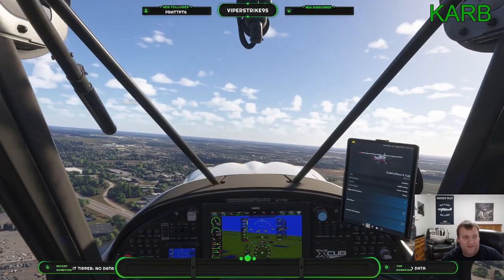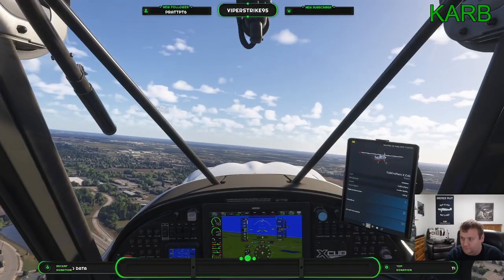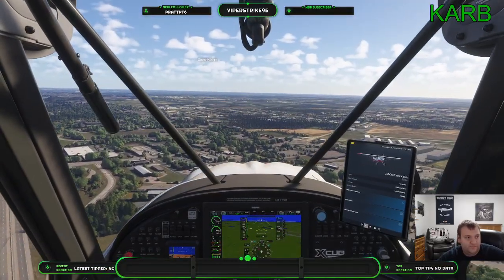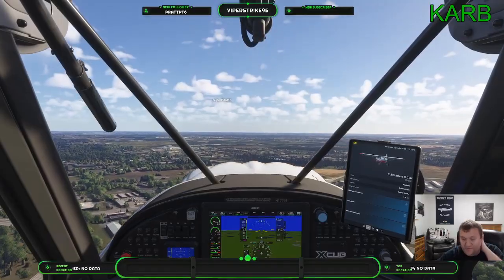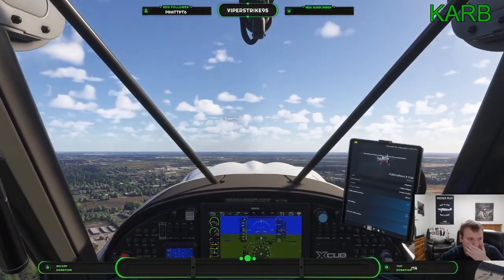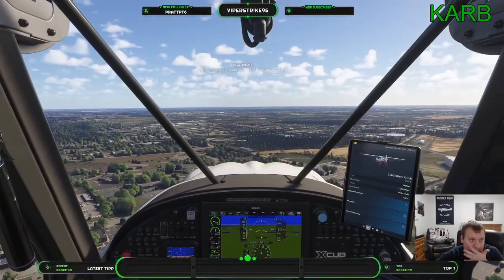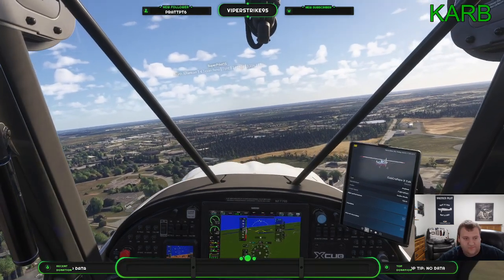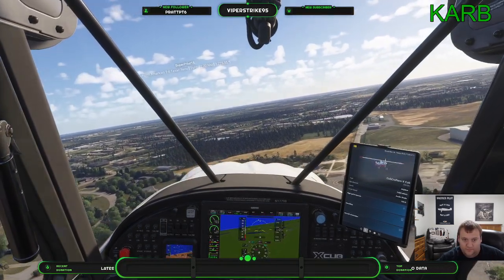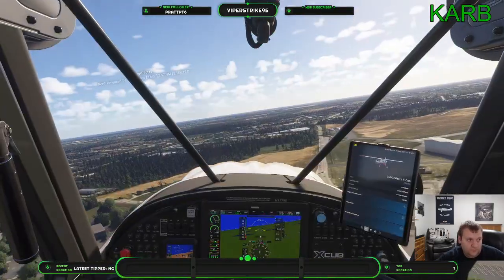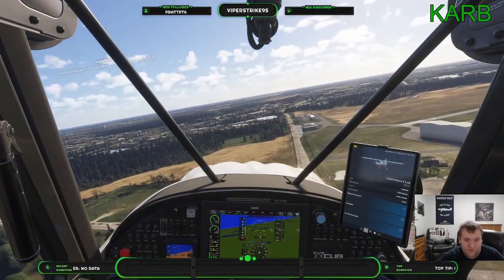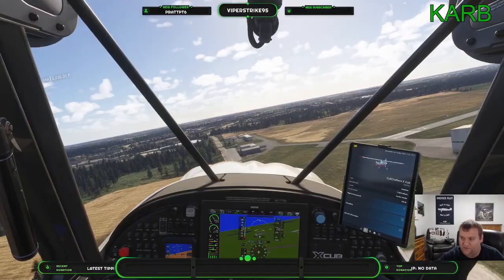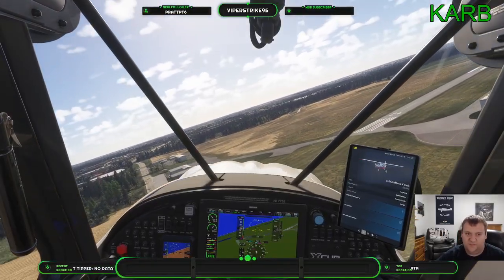Hello, Super Pilot. So we're about to make our landing here in Ann Arbor municipal this afternoon. So this is our last stop, everyone.